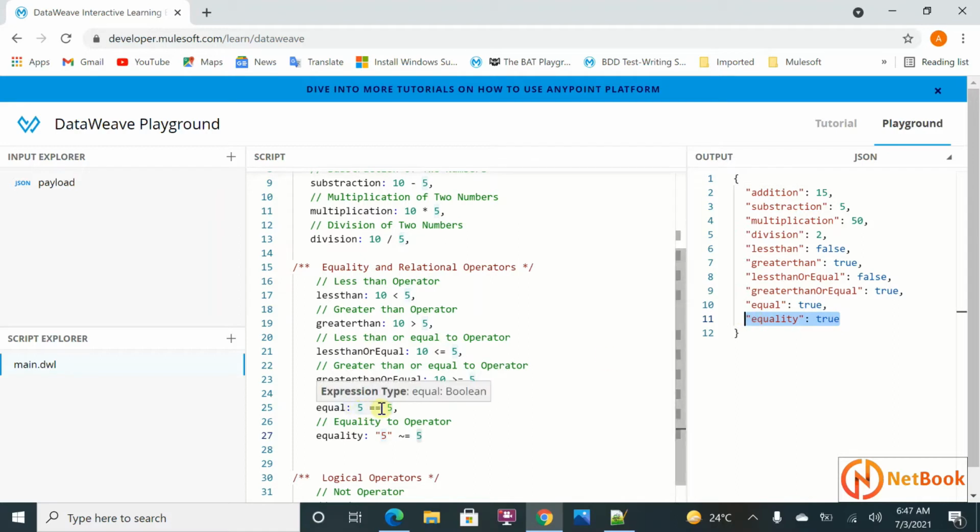But with the equality operator, if I compare a string with a number, it always returns false. Normally 5 equal to 5, right? But when you use this with a string and a number, both are not exactly the same. When you use the equality operator and compare a string as well as a number, it still converts the string into a number and compares both values. Then the result will be returned as true over here. That is the difference between equal and equality.